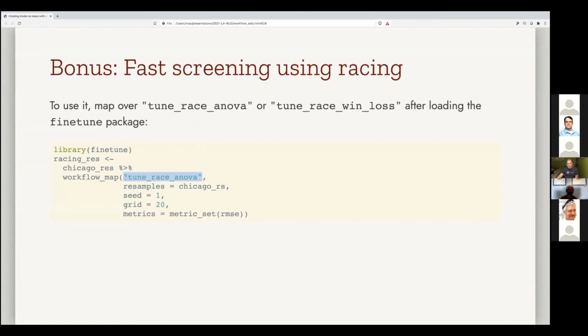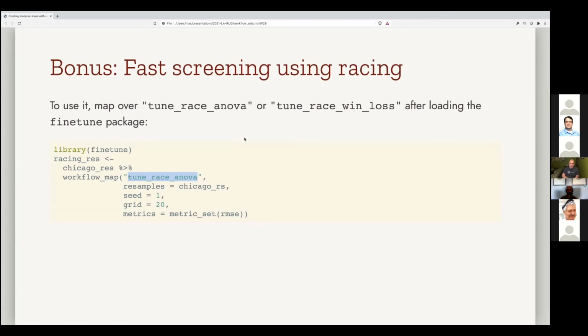And so instead of tune grid, if you give it this as the initial value, it says, well, do all those same computations, but use this function instead of tune grid. And this would enable you to do racing on a large scale. The times I've tried this with a couple of different data sets, the speed up could be anywhere from 4-fold to 10 or 20-fold, depending on the data set. And they tend to produce almost the same, if not very similar tuning results than just doing the